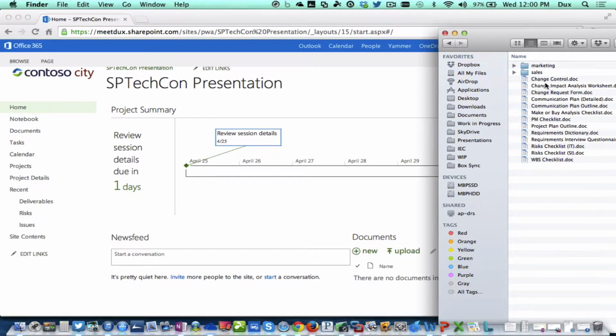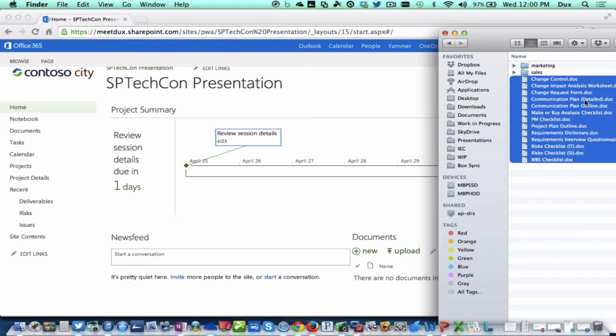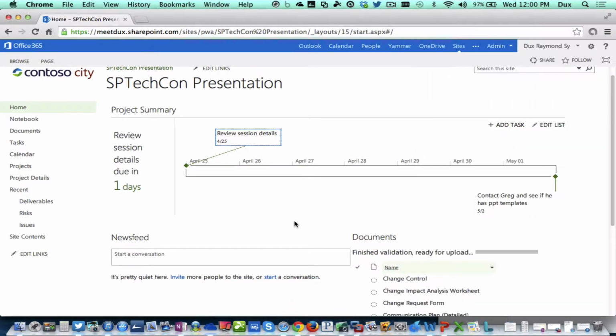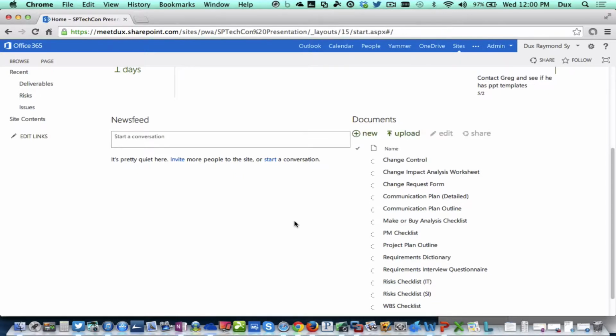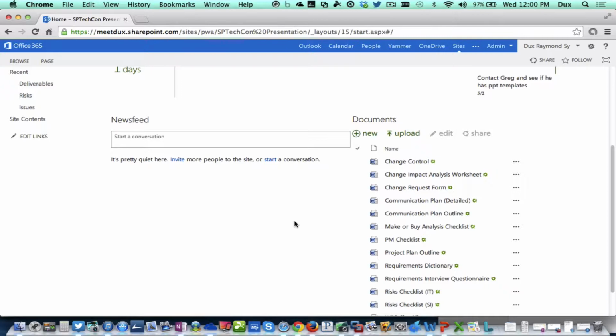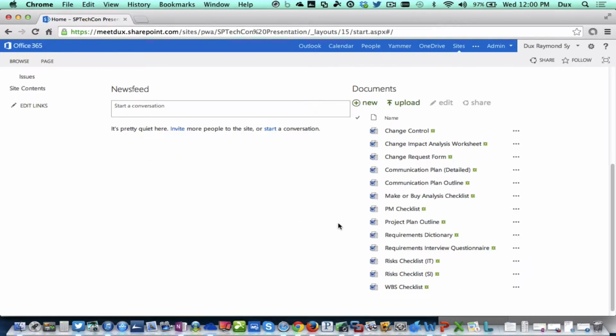By the way, if you're not familiar with the Mac, this is called a Finder. It's kind of like Windows Explorer. So I can take all these Word document templates that I use every time for a project, and I'll just upload it, drag and drop. There you go. It's very nice because it's familiar to users. So it's very similar to a lot of web-based tools, right? Not only can I drag and drop, but now with the SharePoint technology, with a lot of new enhancements,